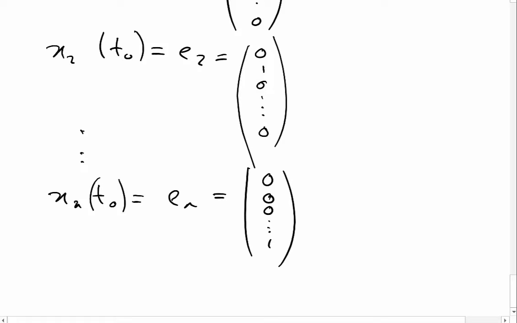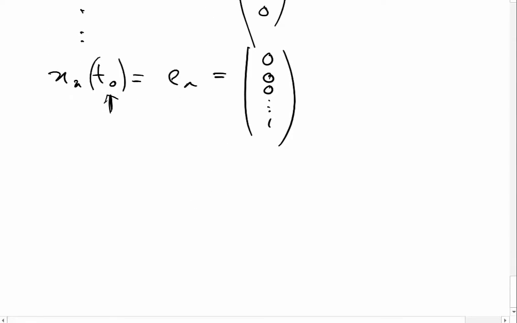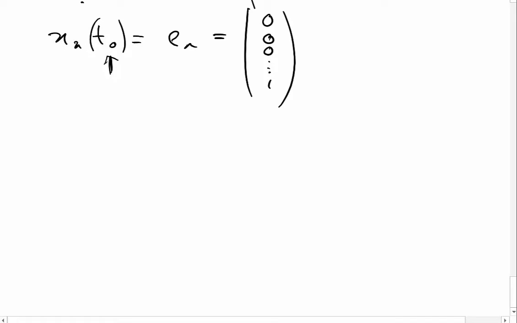So when I put some particular value t0 into my fundamental solutions, I get the basis vectors out, because they're fundamental, so therefore they're linearly independent. So for some value, I basically get the unit vectors in the corresponding direction. Okay, so if I now form a matrix of all these fundamental solutions,